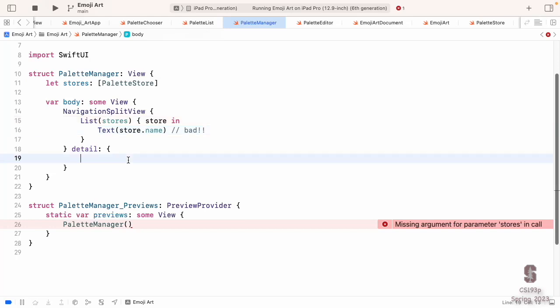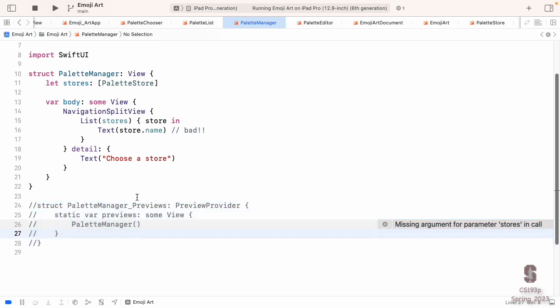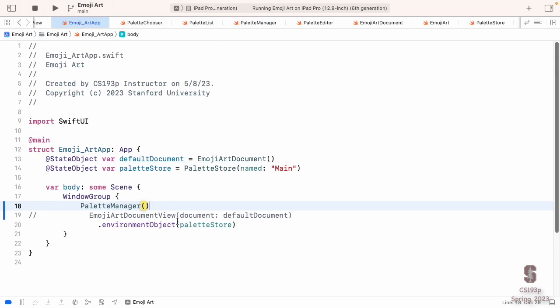Now what about the detail here? I'm going to just for now say choose a store because I want the person to choose a store in the left pane, and then I'll show them the store in the right pane. So for now, we're going to say that. And then also this palette manager here, let's just not have a preview, but I could easily make a preview. And the other thing is I have an argument here to my palette manager, so let's provide that.